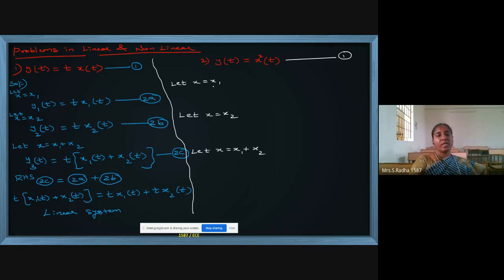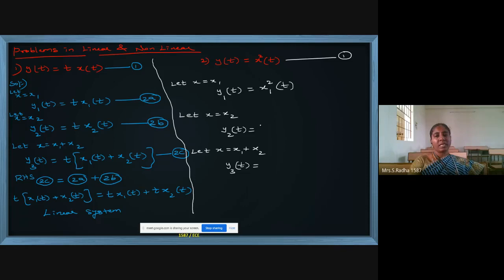So now case 1, only in the place of x, I will put x1. Everything else should be followed as it is. For output, for different cases, I am giving different names. Second case, I will give y2 as the name for output. Third case, I will give y3 as the name for output. But however, output doesn't play any role for the system. The input x variable will decide whether the system is linear or not.